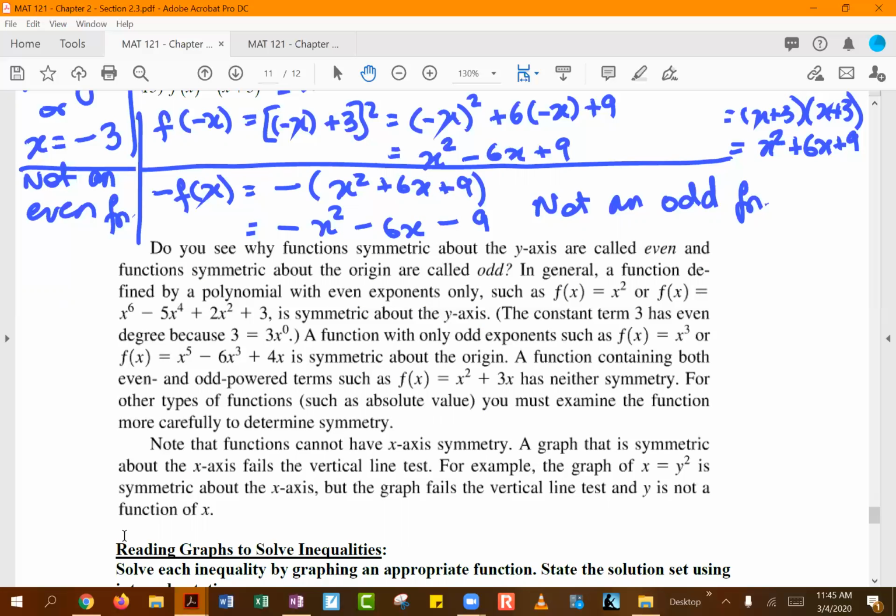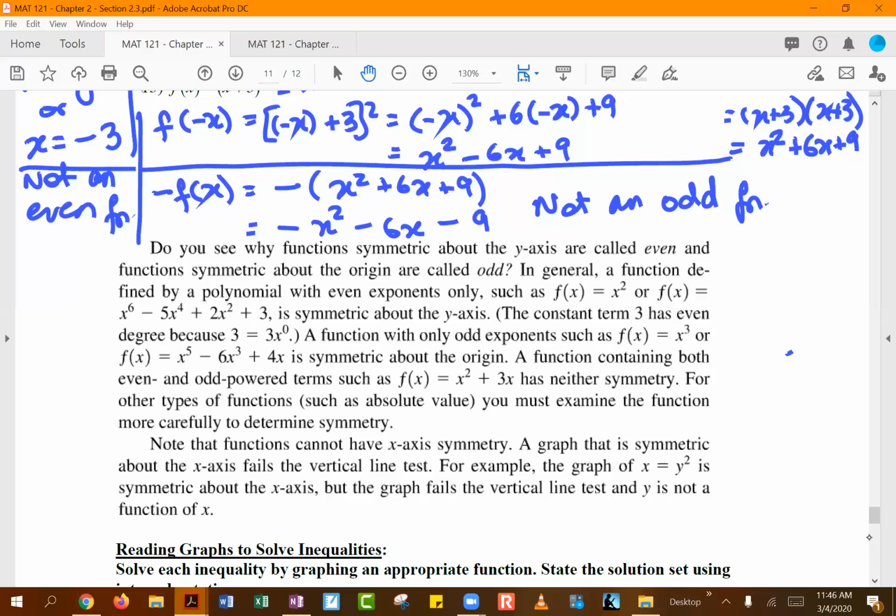And then something like this also, where you have x to the 5th, an odd number, x to the 3rd, an odd number, and x to the 1st power, which is again an odd number. So if you have something like this, that's an odd function, symmetry with respect to the origin. But if I mix both the powers together,